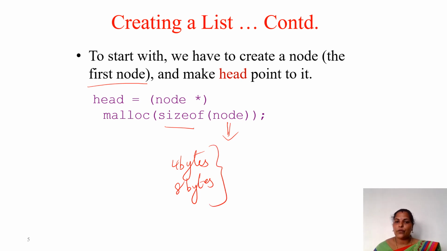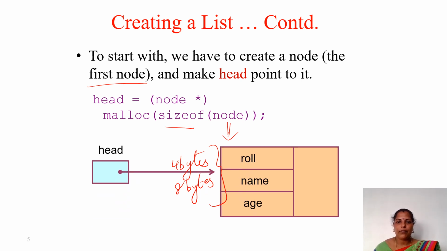What is the size of the node? We are just allocating. Not only 4 bytes and 8 bytes, we are having many more. 2 integers are there, so 4 plus 4, 8 is there. Another item is also there. So we have to look into what is the requirement for that storage capacity. Then automatically it is allocated. But for our understanding, we have to know how many bytes are required. That's all. But if you are writing this line of code, it will automatically assign the space for this particular